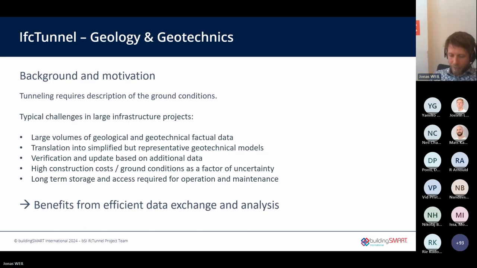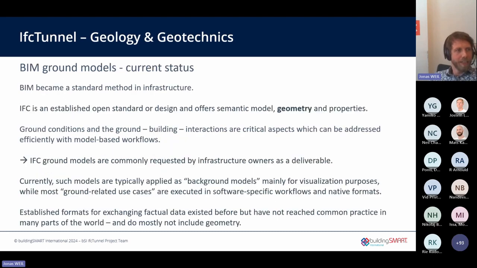So I start this from the other side, because IFC, of course, was not developed for ground models and geotechnical data, but it came from the design side. So I think to all of us, why we need ground models and why we need data structures to handle our data, they are clear. But why IFC? IFC is the established standard in open BIM projects in many parts of the world.